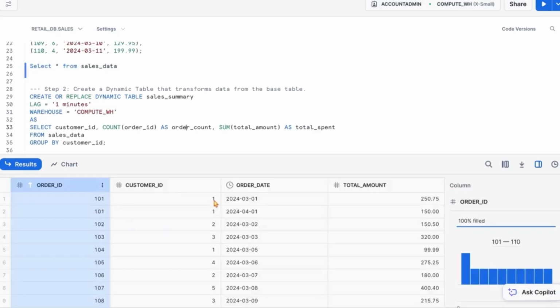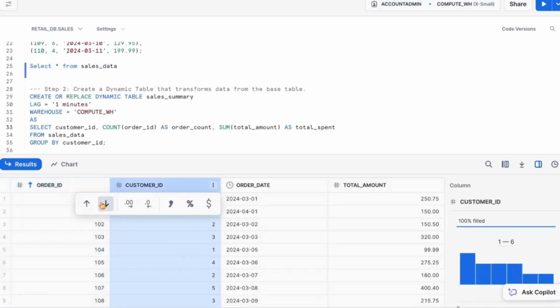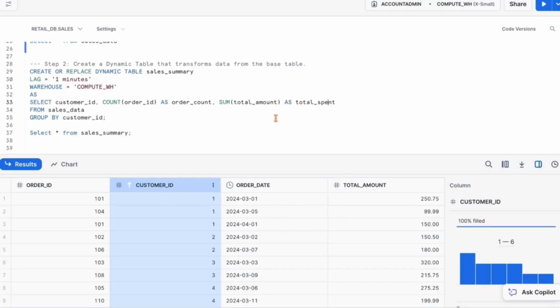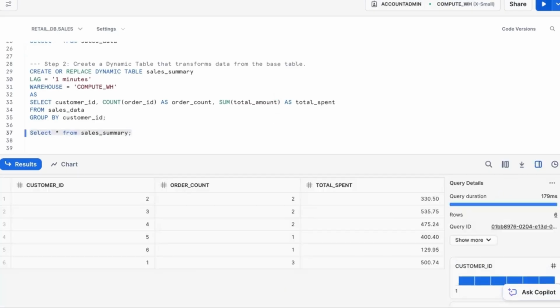Oh, customer ID, right? Let's sort it by customer ID. We have total 3 orders, 1 plus 1 plus 1. 3 transactions. And the total is also 500. So that's exactly it. Your dynamic table dynamically shows you the transformed data without even the hassle of creating streams and